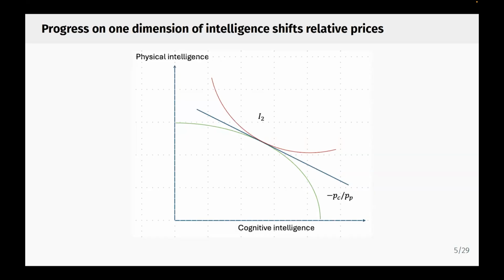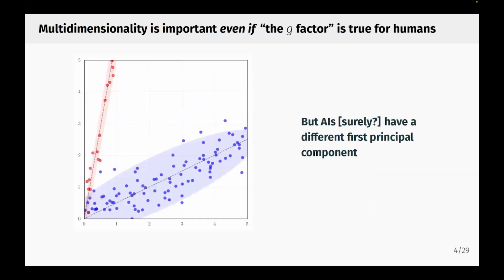What do you mean by the component? Oh yeah, you can think of this as taking every human and grading their performance on a bunch of different tests, like a cognitive test and a physical test. Then each human is a point in that space, and you're running PCA on those test scores across a lot of different humans, exactly. And the psychologists tend to call this first principal component G.